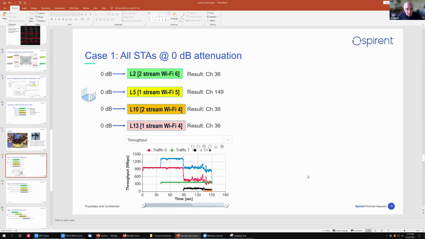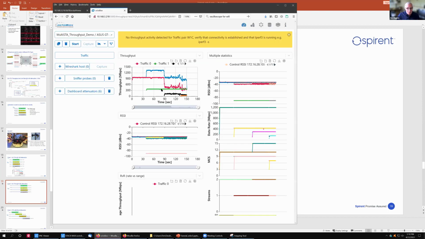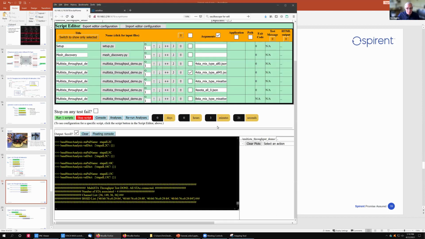Moving on. The next test, we're going to take those same 4 stations and stick them fairly far away from the router with 45 dB attenuation. To do that, I uncheck that box, check that box, and run the script again.